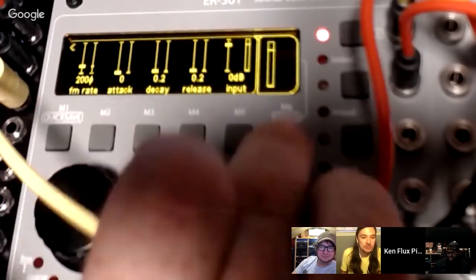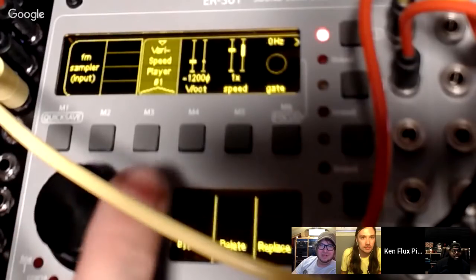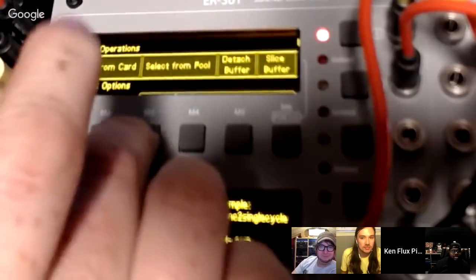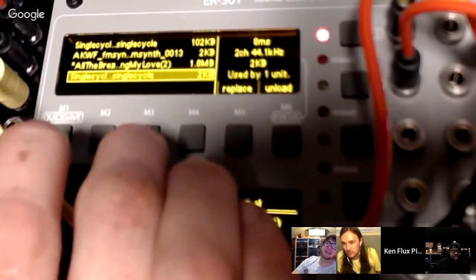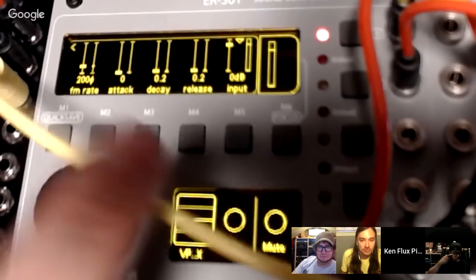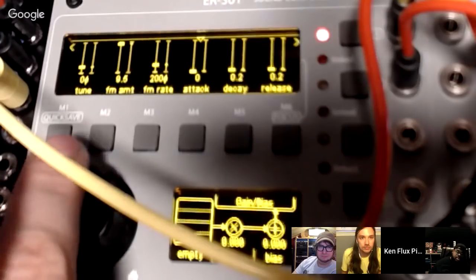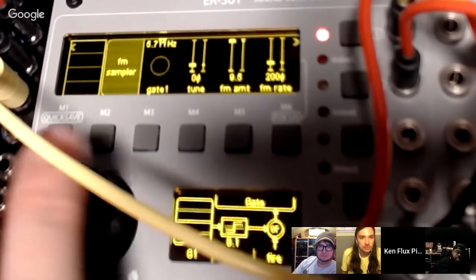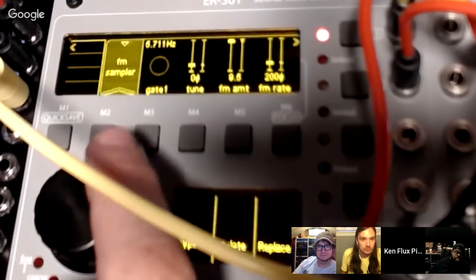All right, so what we'll do is we'll go inside the module and we'll see if it makes us happy. So we'll go inside here, right? So here's the variable speed player, and then we'll go to the pool, and I have just single cycle waveforms that I'm using. I'm using a single cycle waveform. This one's from Adventure Kid, and I have another one I think from my own Fluxwithit ones. They're just single cycle waveforms that I put in here, and I just kind of play with the ones that I think sound cool.